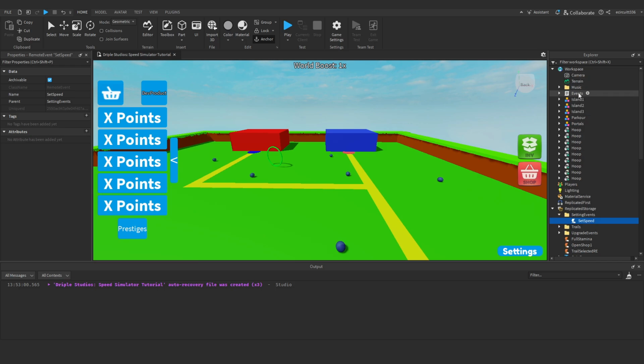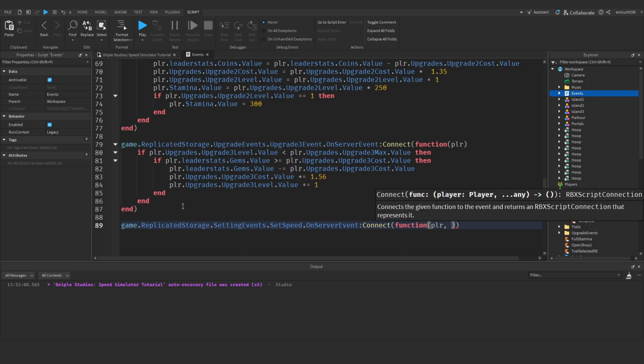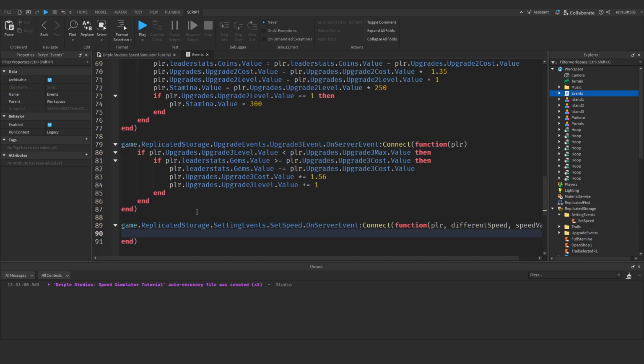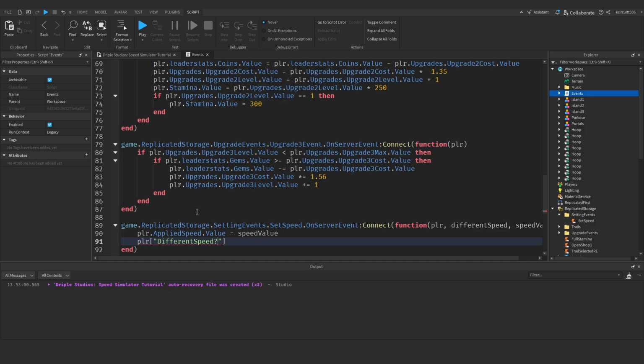Now let's go into our event script. At the very bottom, I'm going to add game.ReplicatedStorage.setSpeed.OnServerEvent:Connect function, taking the player as a parameter, the different speed and the speed value, or applied speed. I'll go for speed value. And all we'll do here is say player.appliedSpeed.Value equals speedValue, and player, and then I'm going to have to use square brackets here because we have the question mark. Player, open square brackets, quotation marks, different speed question mark, close quotation marks, close square brackets, dot